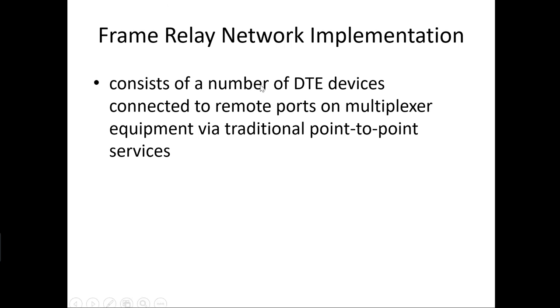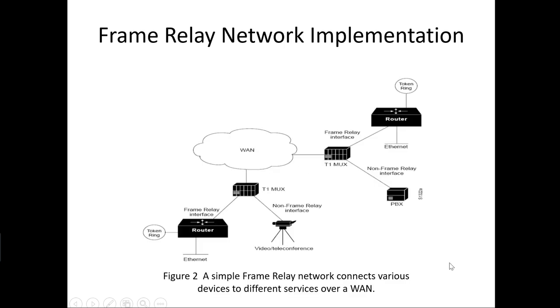Then coming to the implementation of the frame relay network, as we have seen, the devices in the frame relay network contain the DTE and the DCE devices, which will be connected to the remote ports on multiplexer equipment. And this is done through a point-to-point service. So this picture tells the frame relay network. At the end, you will have the router, or it can be called a frame relay interface, and that is connected to a multiplexer device, which helps the WAN connectivity. So this is the